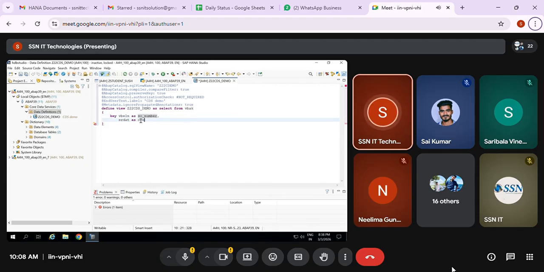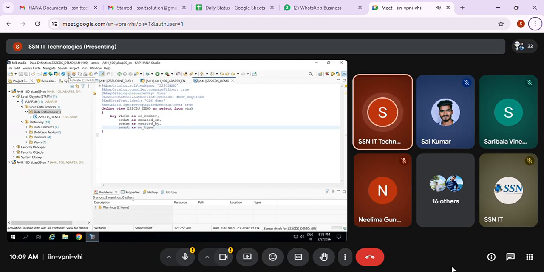ERDAT as created on, ERNAM as created by, so AUART as SO type. Like this, I can create the CDS view. Is it clear? Activate it. This is what we discussed in the last class also.